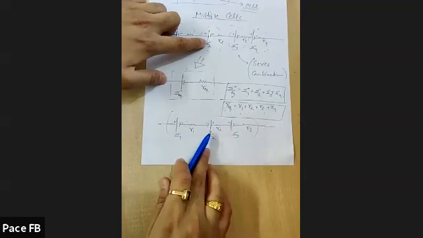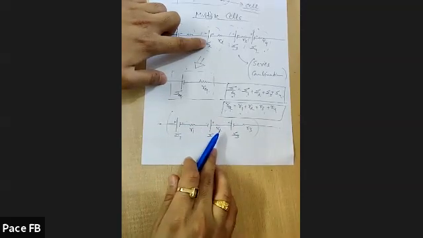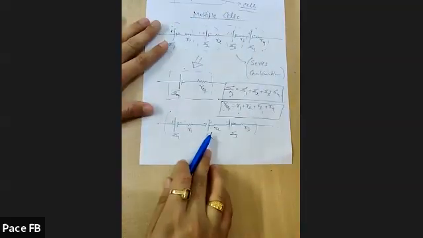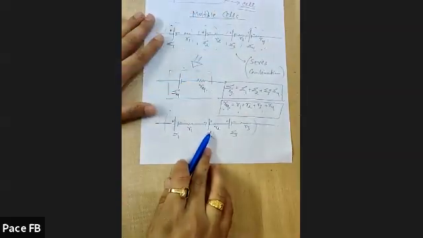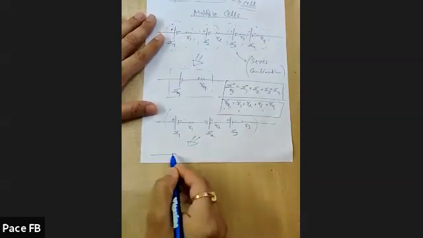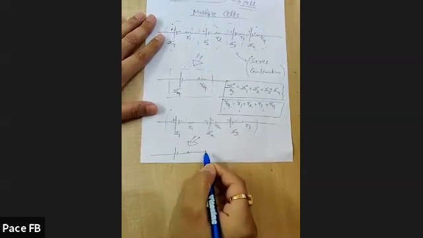Now the negative terminal is on the left hand side and positive is on the right hand side, whereas in the first case it was connected positive on left hand side and negative on right hand side. So in such cases, how will you find out? Now we want to convert it into single. So how will you find out equivalent now?